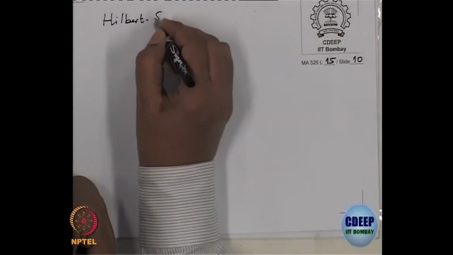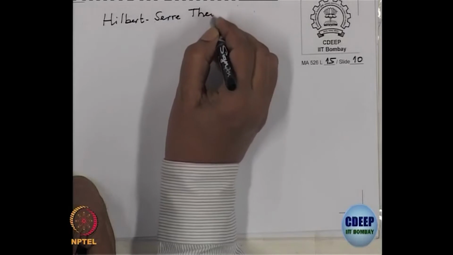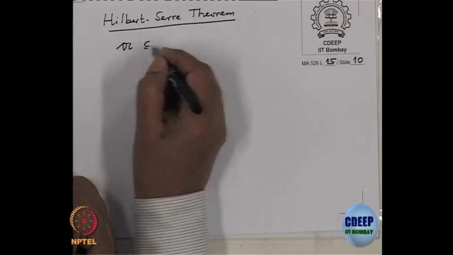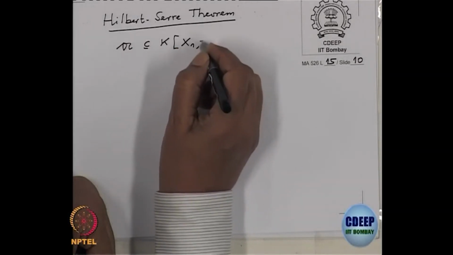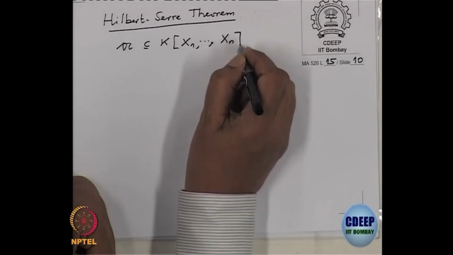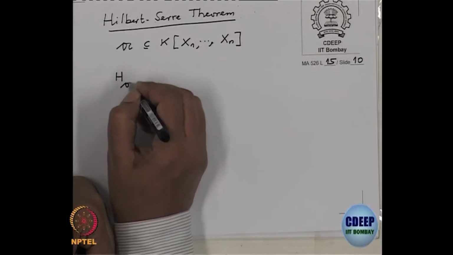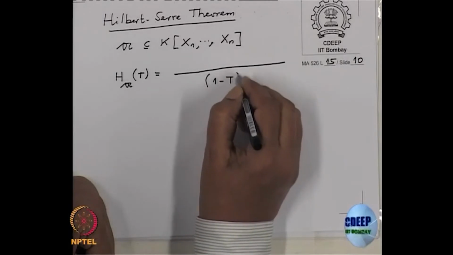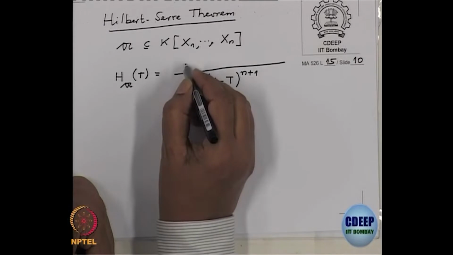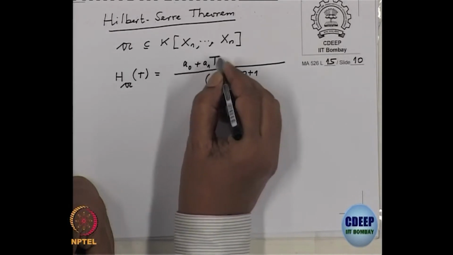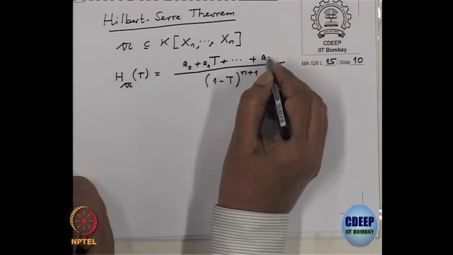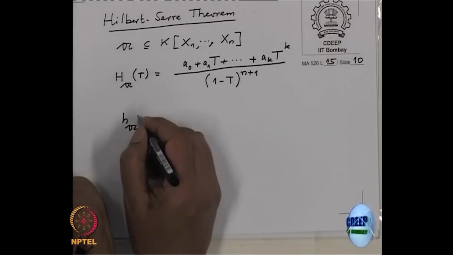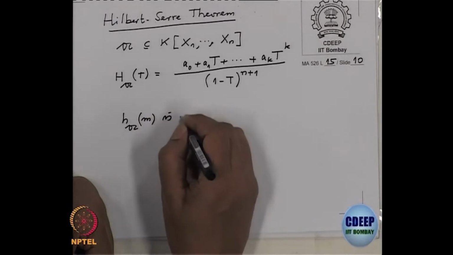This is the theorem that we proved also earlier. The same proof here also, Hilbert Serre theorem, that says that for any ideal A in the polynomial ring, this Hilbert series is a rational function whose denominator is (1 - t)^(n+1) and numerator being a polynomial with integer coefficients a_k t^k, and therefore h_A(m) is a polynomial function